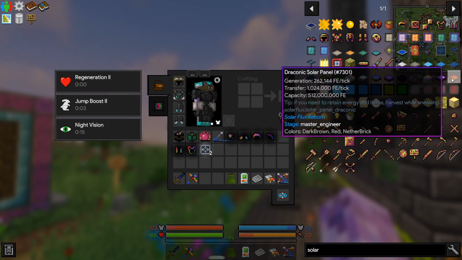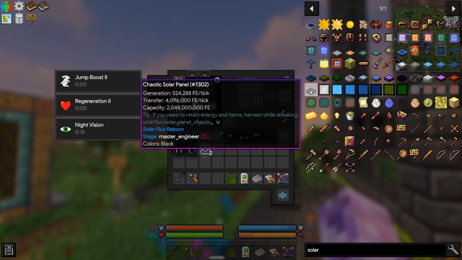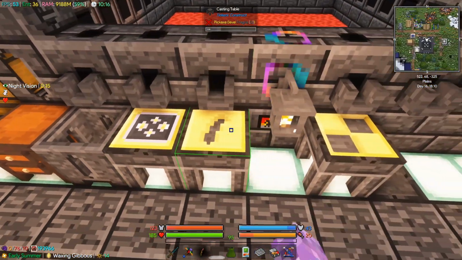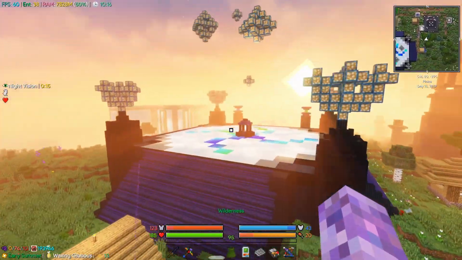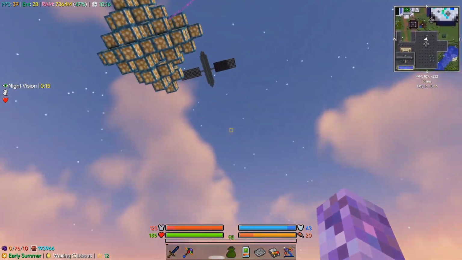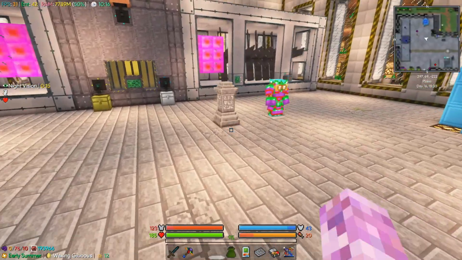Like these now do 500,000 RF a tick. Before, this was drastically reduced. So it seems like it's back to the way it was. I do remember seeing something about the values of the solar panels getting changed. So I think there might be like a config thing, and we've got a waystone for getting up here. There must have been a config change, and maybe because I started my world...